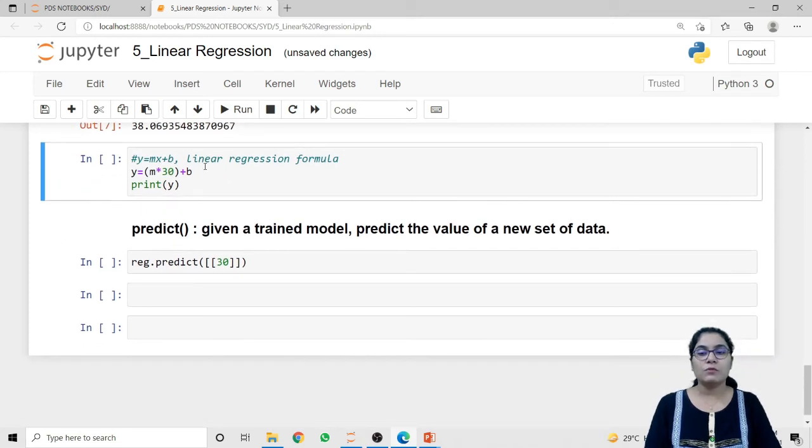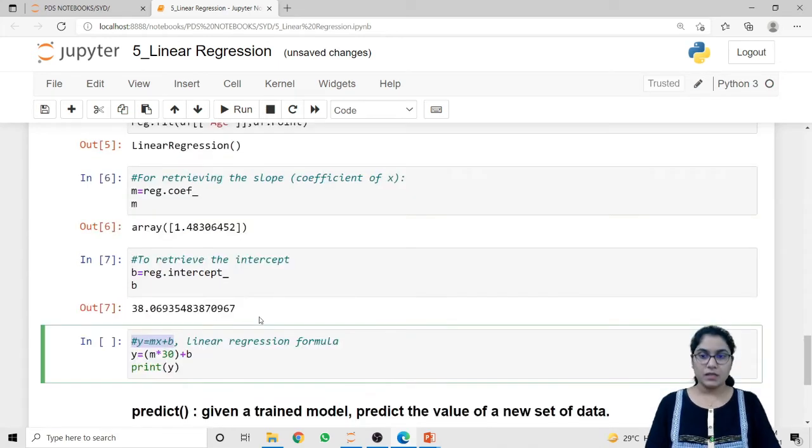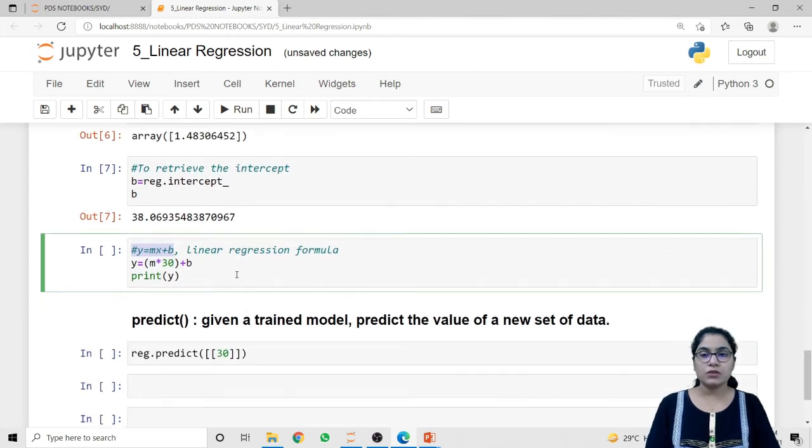Now the formula of linear regression is y = mx + b. Using this line of code, we have retrieved the values of the coefficient as well as the intercept. So we are going to place those values inside this formula, y = mx + b. Here is the value of m and b, which we have already retrieved. Now I am passing the value of our independent variable, that is x.